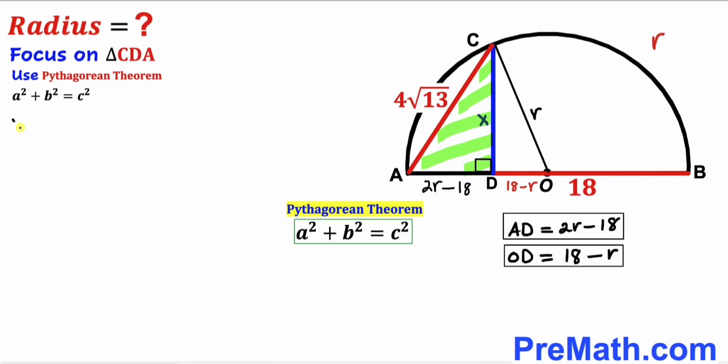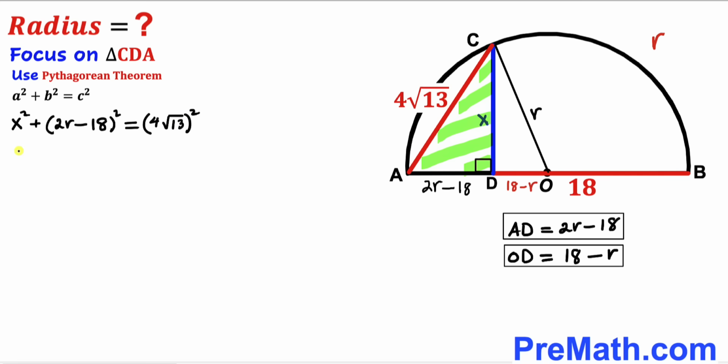So we are going to write down x square plus 2r minus 18 whole square is going to be equal to the square of 4 times square root of 13 whole square. Let's simplify. We can write x square plus 2r minus 18 whole square equals to